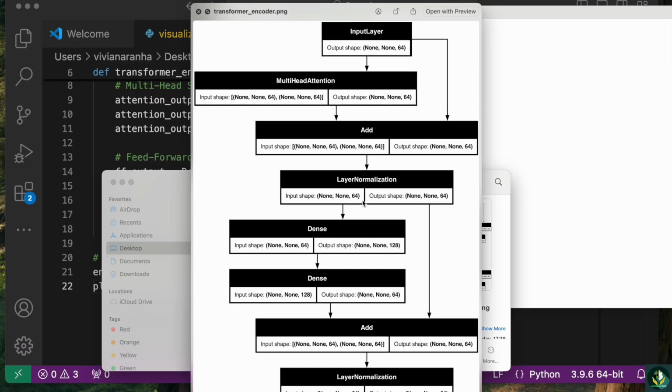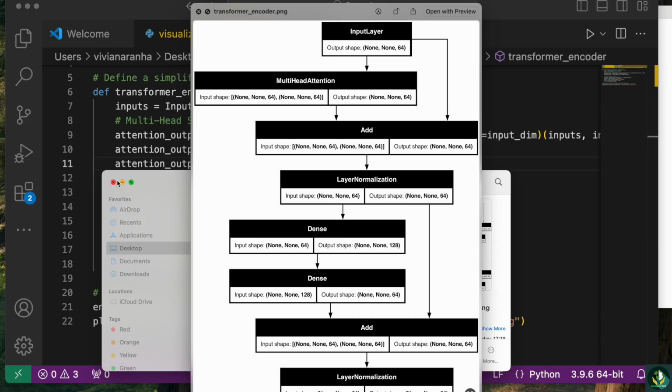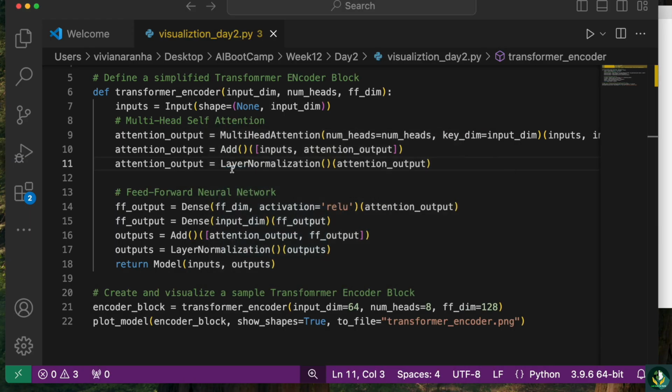I can open it, and as you can see, it shows the input layer with the output size of None, 64. Then we have multi-head attention, and we have added layer normalization, dense, and finally added these together, and layer normalization. Based on the code that we have written here, it has created a visualization for me from that. So I hope you were able to follow along, because our next step is to set up an environment